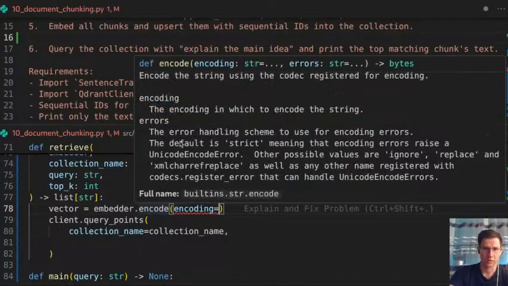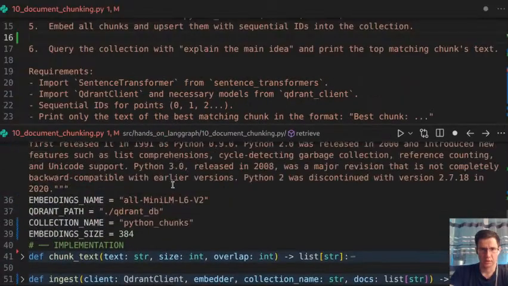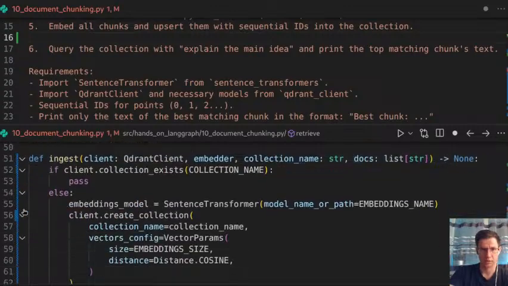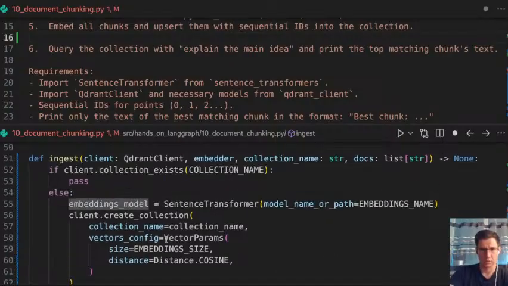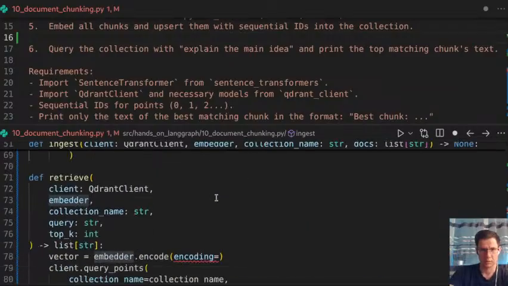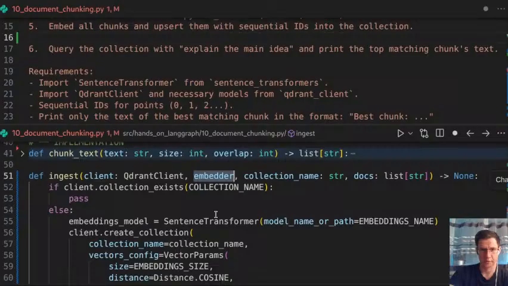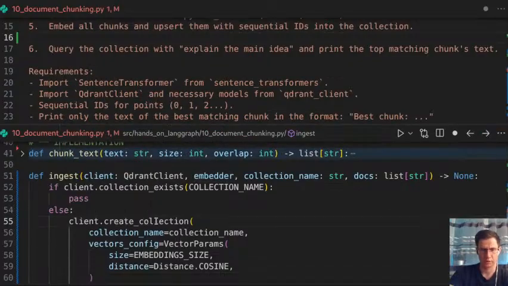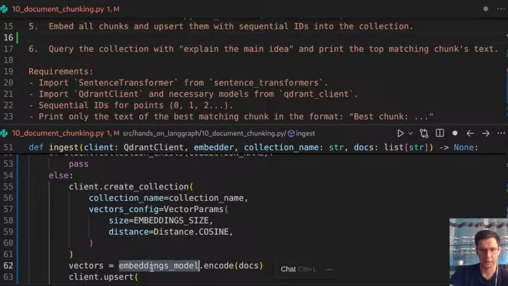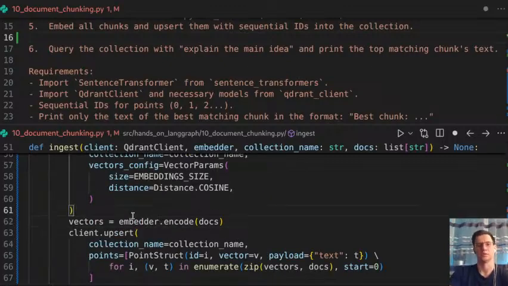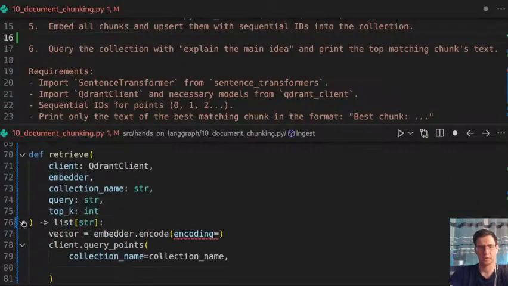The interesting part is that we already have the embedder, so why do we need to instantiate the embedder in the function body if we already have an instantiated embedder and we just need to access it from function attributes, and here